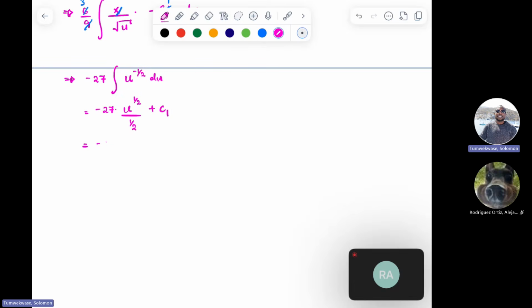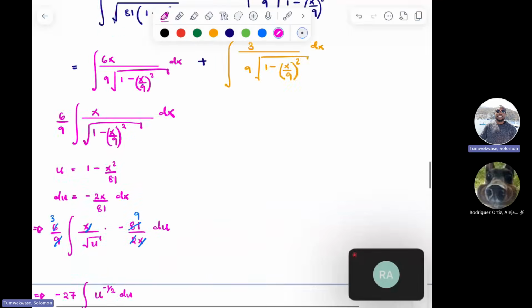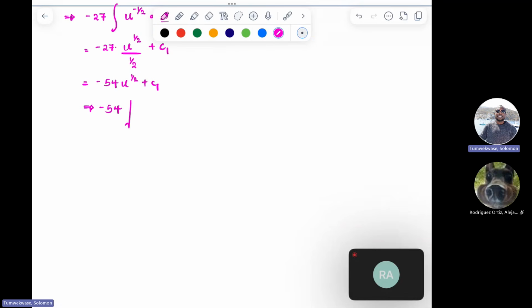So this is negative 54, because this 2 will multiply up, 2 times 27, that's 54. Then u to the power half, plus c1. If I go back to the variable x, remember u was 1 minus x squared over 81, so square root of 1 minus x squared over 81, then plus